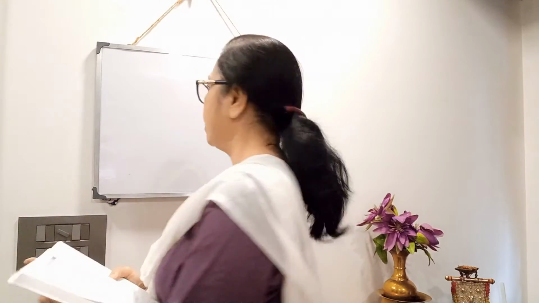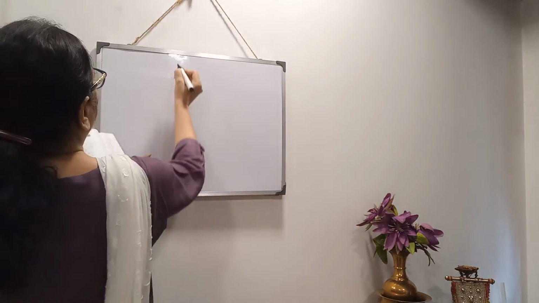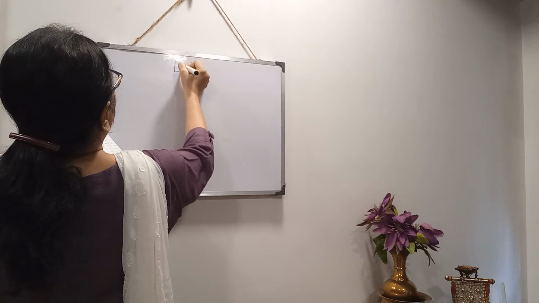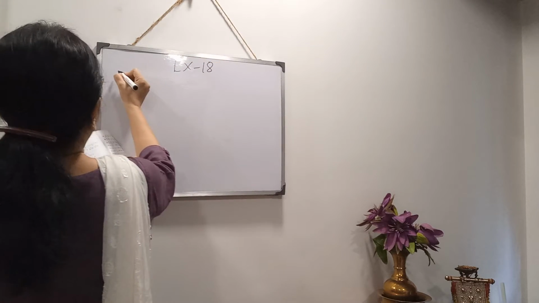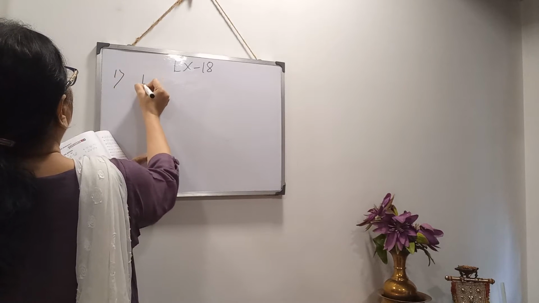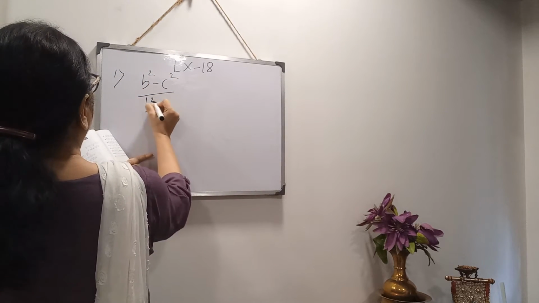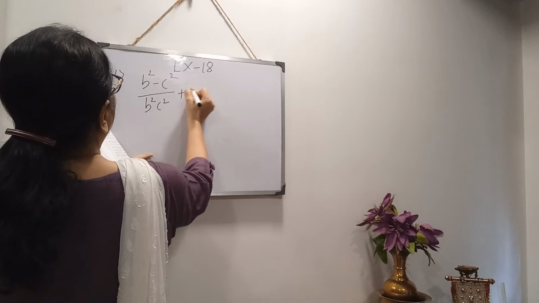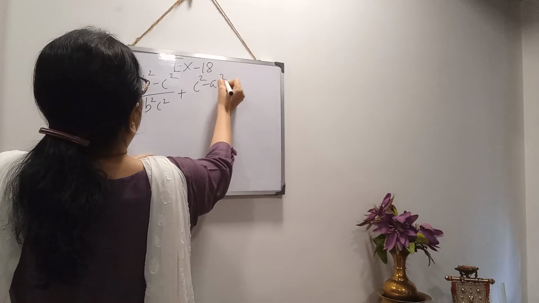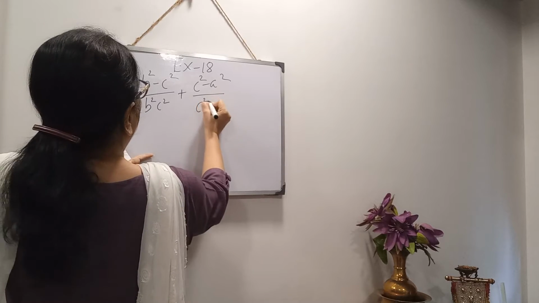Now I will be starting exercise 18. It is written simplify. Sum number 1: (b square minus c square) by b square c square plus (c square minus a square) by